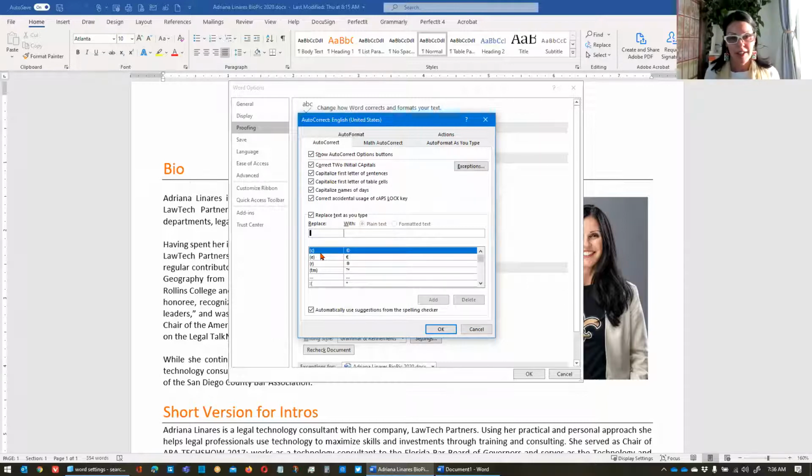So Word will automatically replace a C in parentheses with the copyright symbol, an E in parentheses with the euro symbol, an R with the registration symbol. So here, if you never, ever use the copyright symbol and you're just positive you're never going to need it, or it's not too much trouble to go to insert special characters, then you can just delete this entry. So you would highlight it and delete it. Or you can change it. So instead of a single C by itself, how about every time I type a CR, it replaces it with the copyright symbol. So I can replace some of these settings instead of just deleting it.